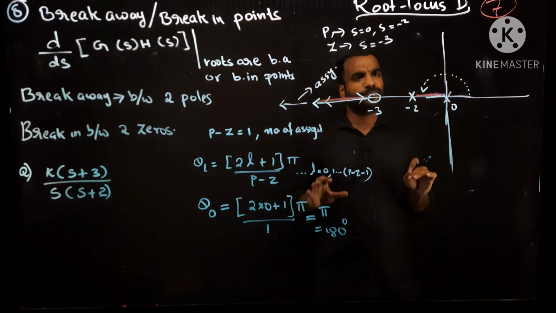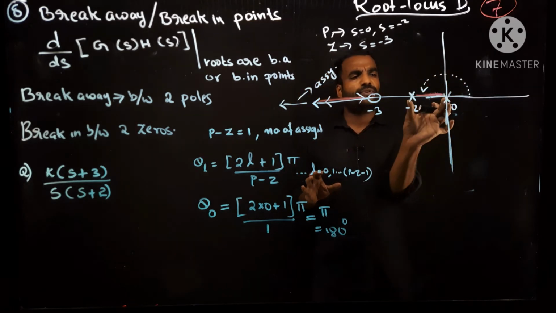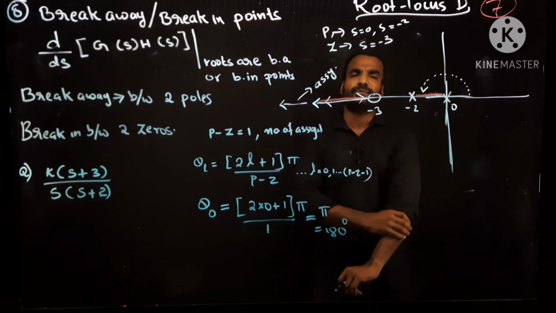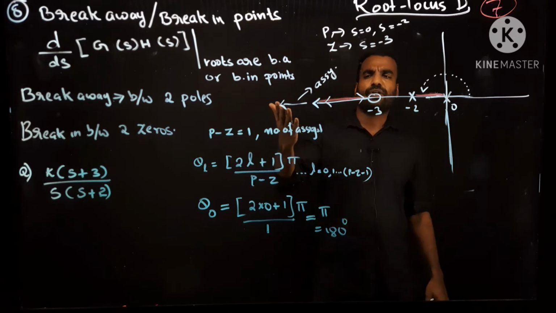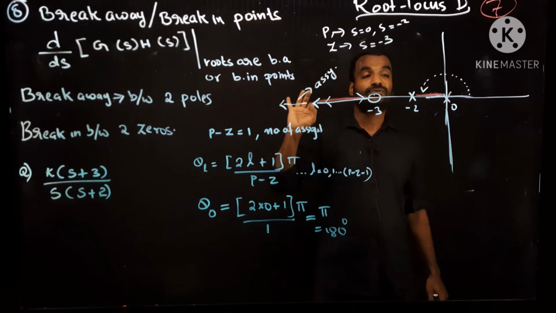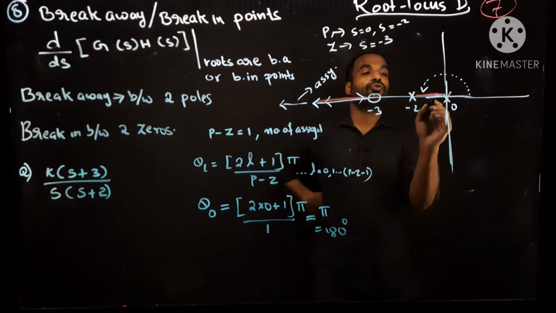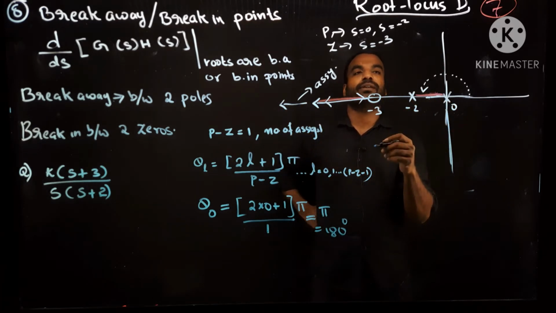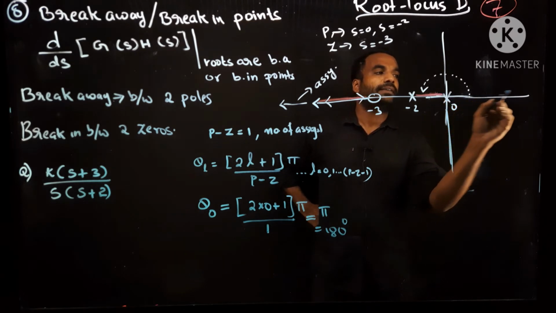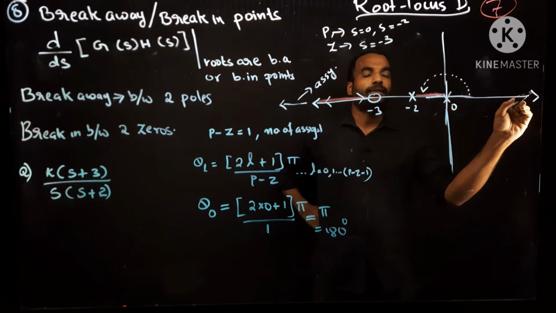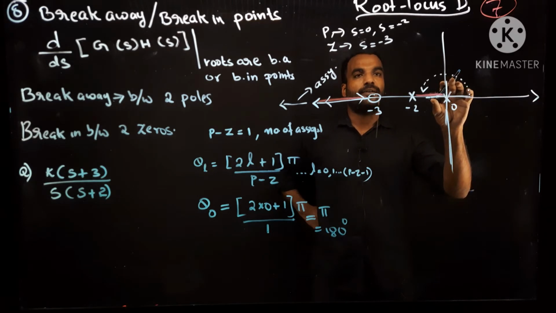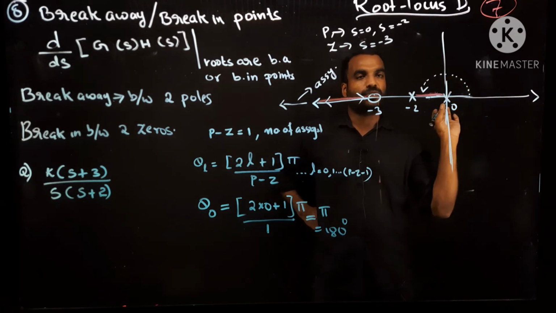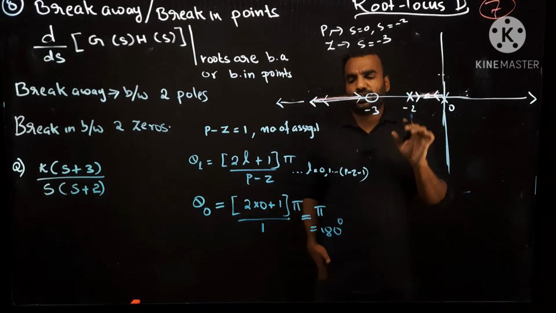But in this problem, if you check rule 7, we can easily say the asymptote is not needed. Anyhow, if you are not that experienced, you find the asymptote, but be very careful: the centroid is not there. If the centroid is not there, we have to mark the asymptote with respect to the origin, like this. If the asymptote angle is 0 degrees, you have to draw it like this. That means the diagram has to travel up to infinity to meet its own zero or pole at infinity. So don't get confused.